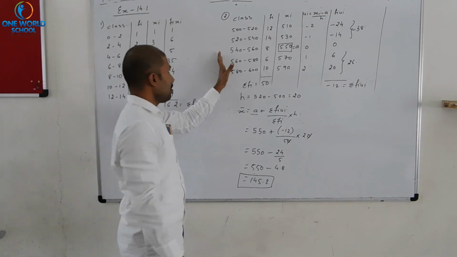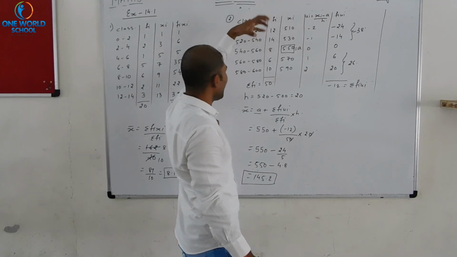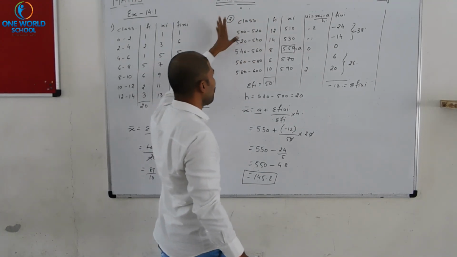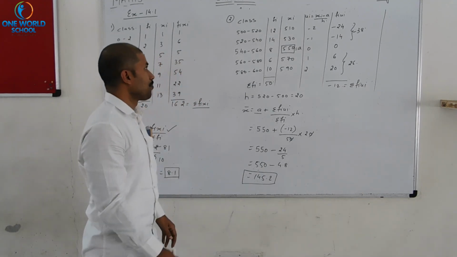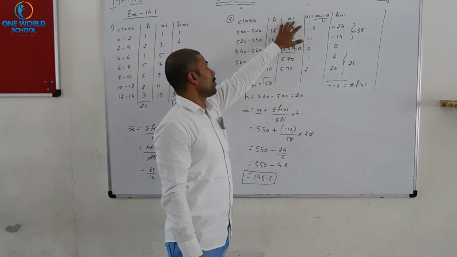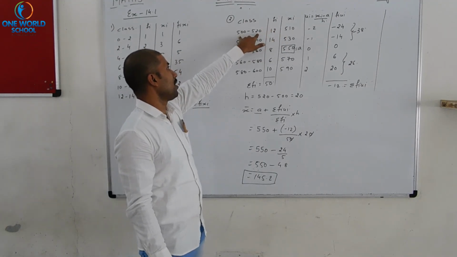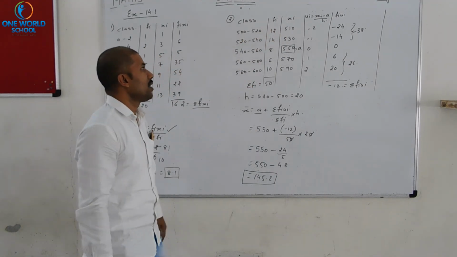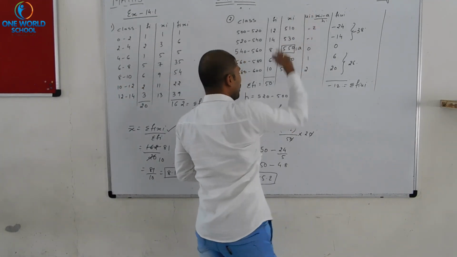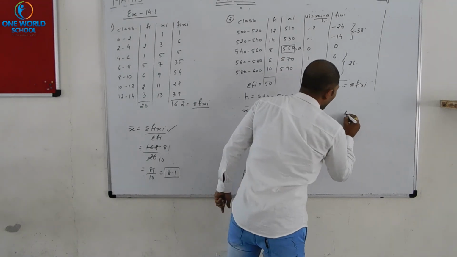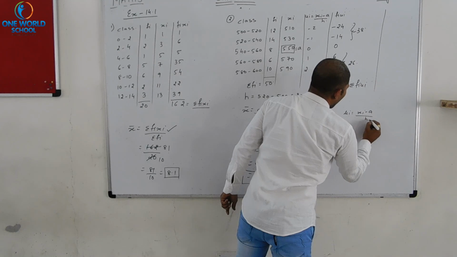In this question, we have some value of fi that is not very small, not very large, but the value of xi is very high. Simply we know how to obtain the value of xi, that addition of all the lower and upper values divided by 2, we will get the value of xi, that is mid value. Now ui, let us apply ui equal to xi minus a by h.